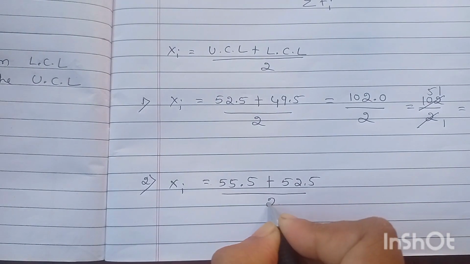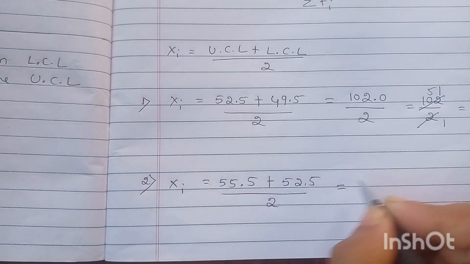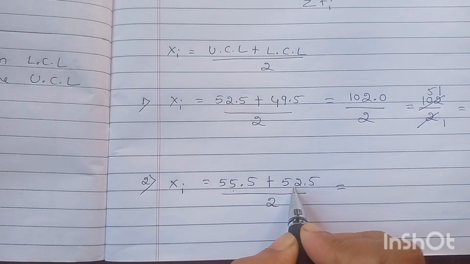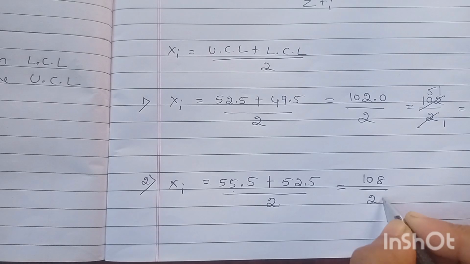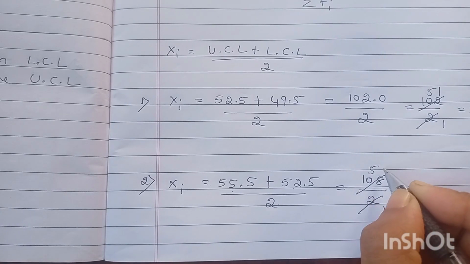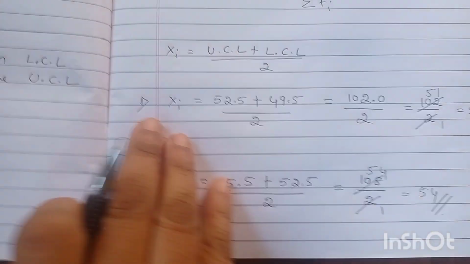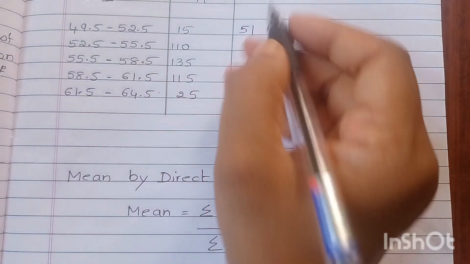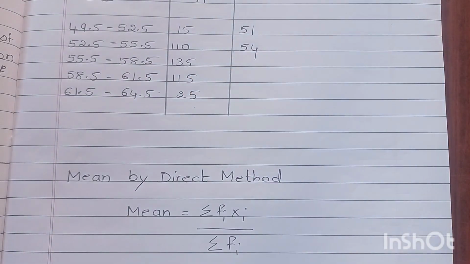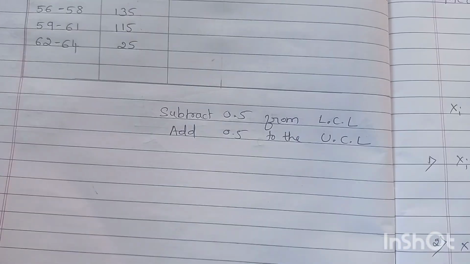Divided by 2 is equal to... 55.5 plus 52.5 is 108. 108 divided by 2. 2 ones are 2, 2 fives are 10, 2 fours are 8. 54. 54 is the xi of the class interval 52.5 to 55.5. That is 54. In the same way, let us write the class xi for the class interval